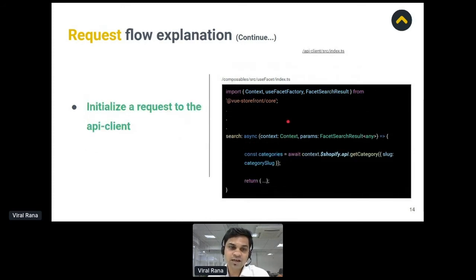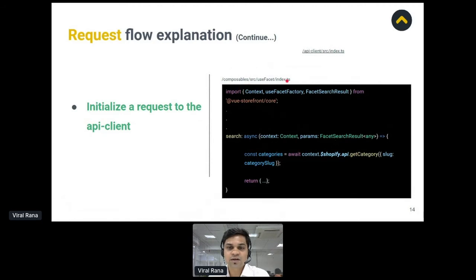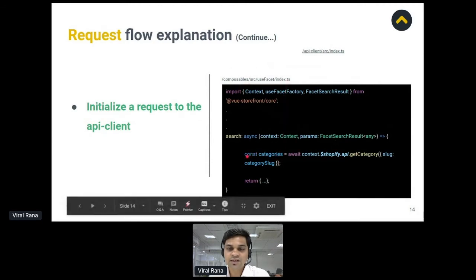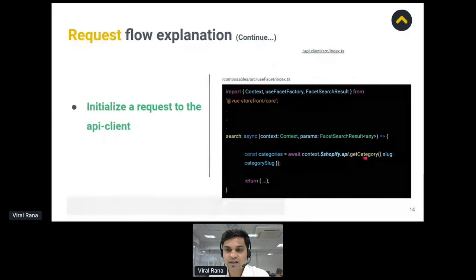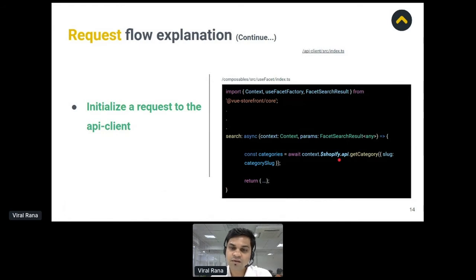So it's time to initialize the request to the API client. This is the code snippet of the composables/src/useFacet/index.ts file, where we have initiated an API client request using context.$shopify.api.getCategory. Now the question is, what is $shopify, why is $shopify here, and what is context?